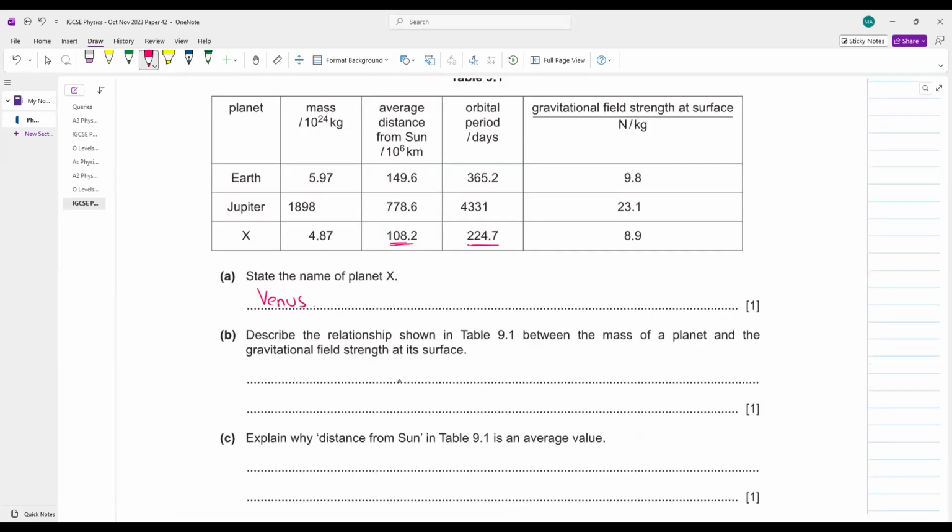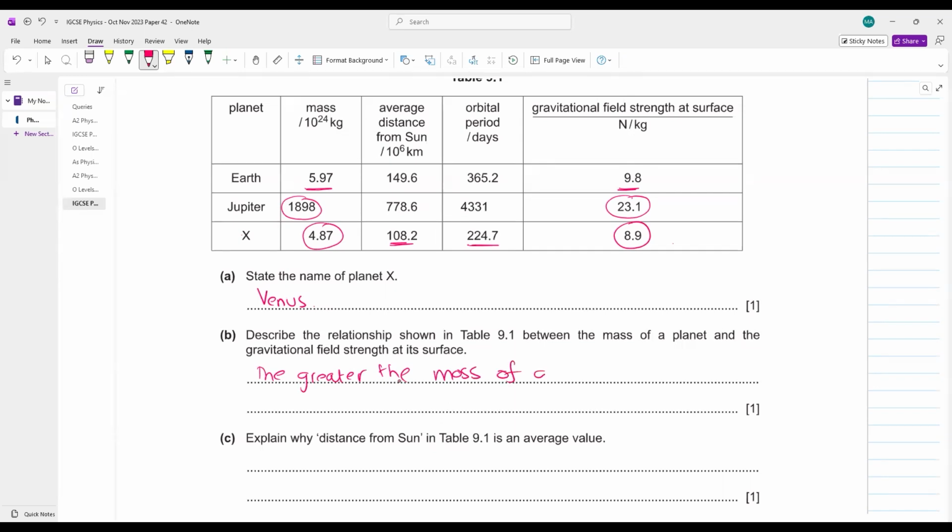State the relationship shown in figure 9.1 between the mass of the planet and the gravitational field strength at its surface. Can you realize beta, Earth का mass 5.97, gravitational field strength 9.8. Jupiter has a very large mass, very large gravitational field strength. Venus का मास अर्थ से भी कम है तो उसकी ग्रेविटेशनल फील्ड 9.8 से भी कम है, सो यू कैन से द ग्रेटर द मास ऑफ द प्लैनेट,